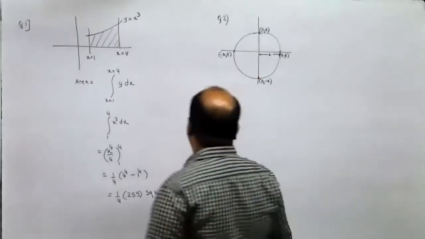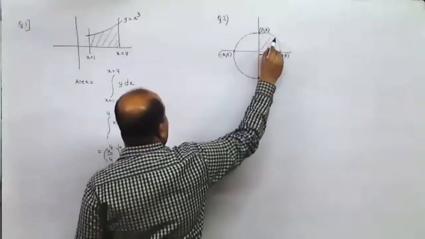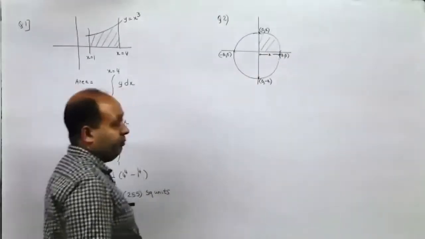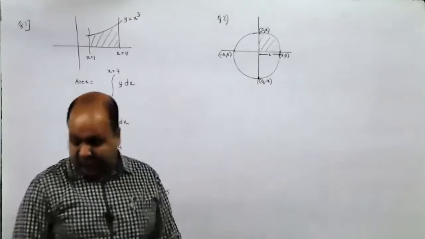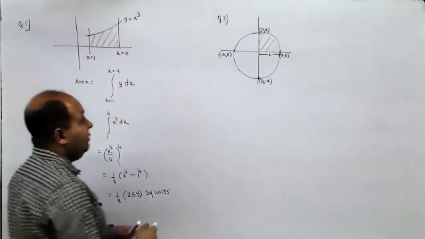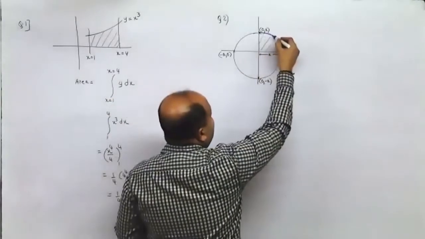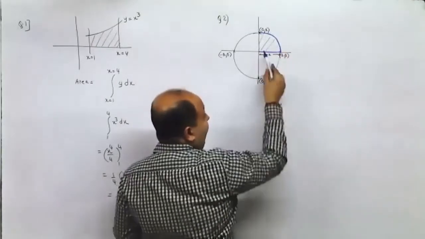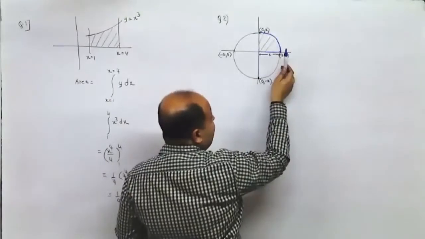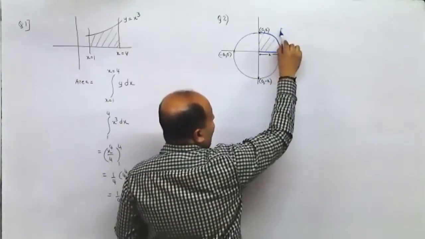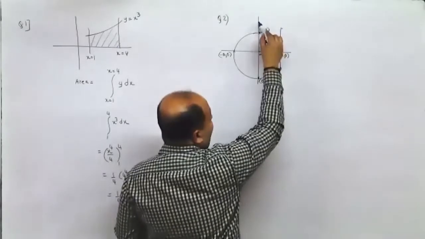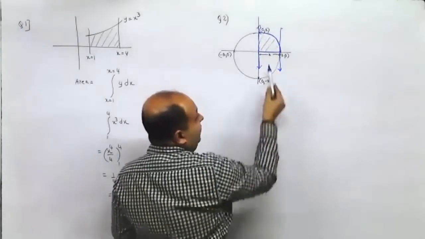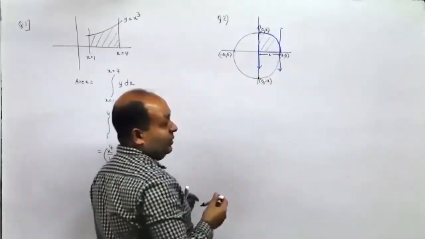Now what I'll do is I'll find one area and I'll multiply it with 4, or I'll find two areas and multiply it with 2. Now you need to remember that you are considering the area between the curve and the x-axis, and then you have to limit it by two lines, one parallel to the y-axis. Here the other one would be the y-axis itself. Are you following what I'm saying?